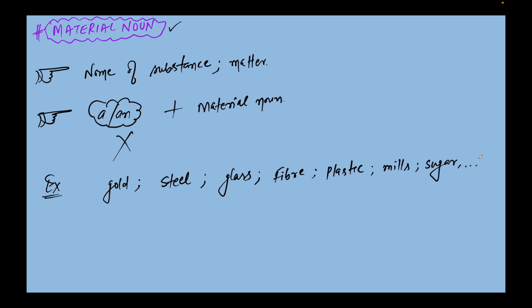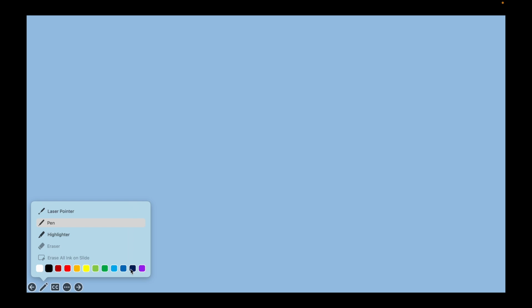Means through these things, basically, you make other things, other articles. So these are known as material nouns. So material nouns are the substances or matter through which we actually produce something different, some different article, some different matter, or substances in different shapes. Is it clear? Now come to